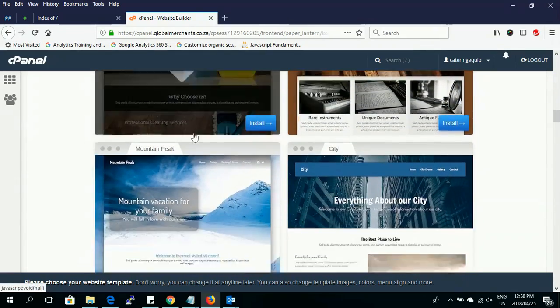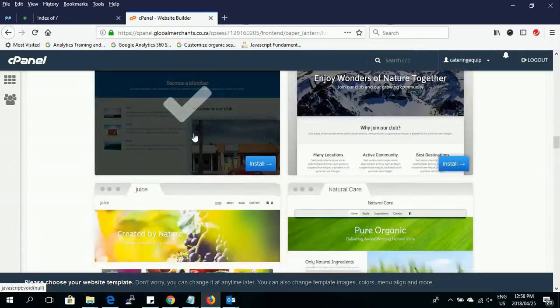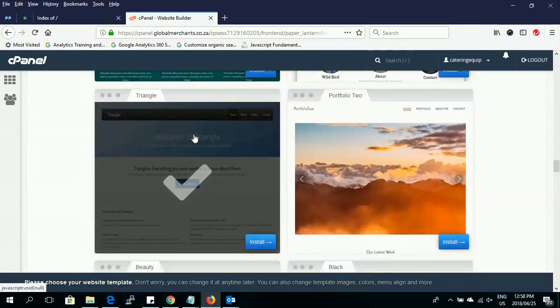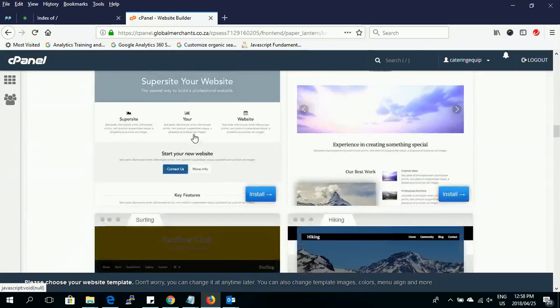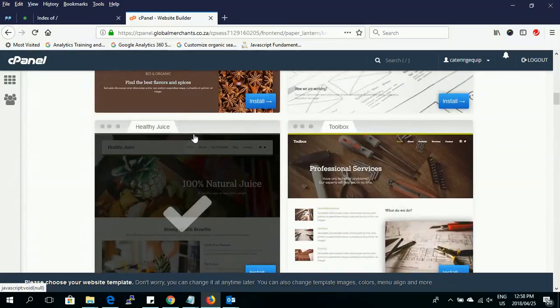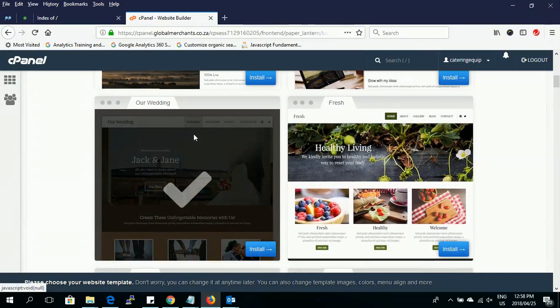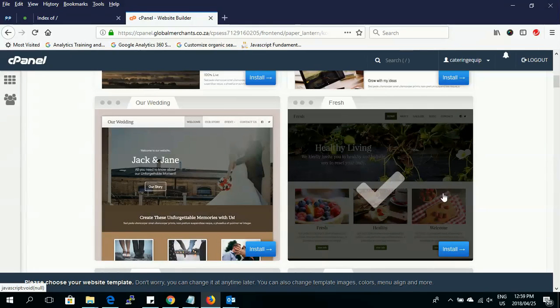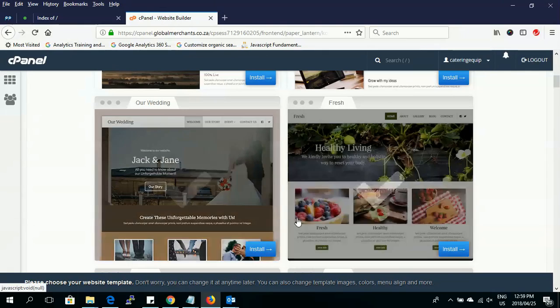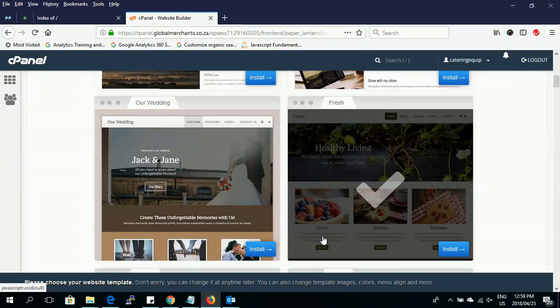I've been through all of these lovely templates, and I'm going to choose something that's more in the line of food and catering. It doesn't make a difference though which template you choose, because each template can be modified in thousands of different ways. I'm going to use this because I want to have a header graphic here, and I want 3 main categories in the product section to appear here with a little write-up about each. So I'm going to click on Install,